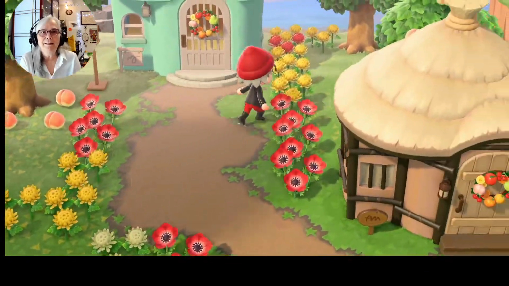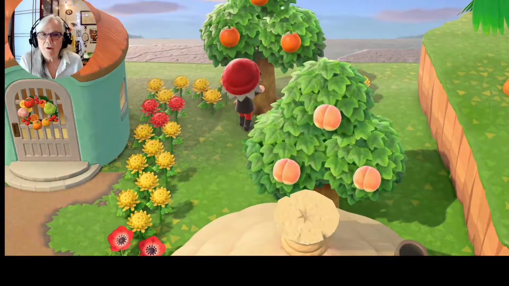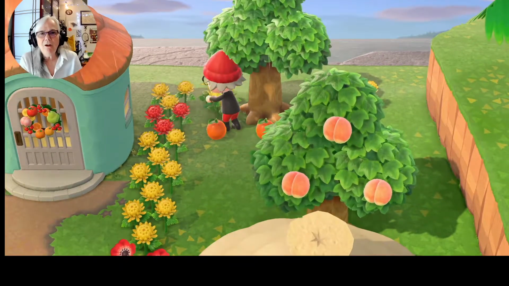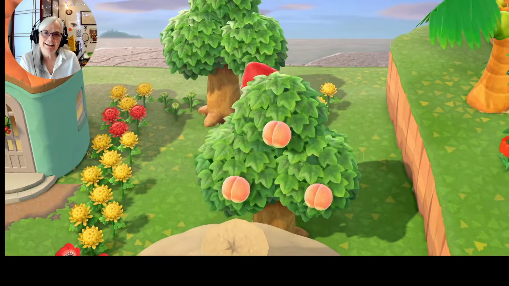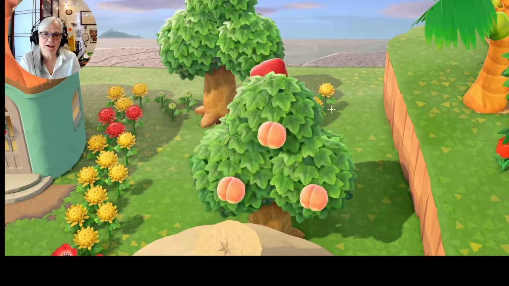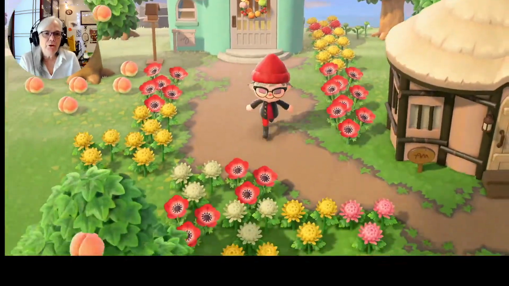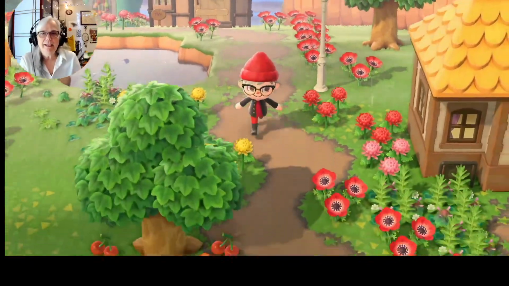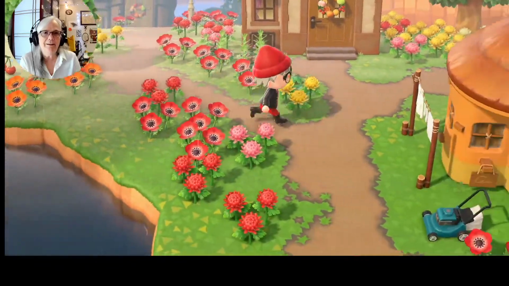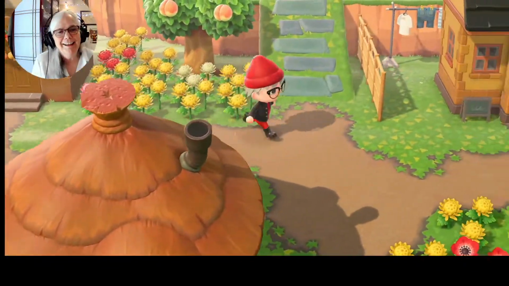Now, I think one of my streams, maybe tomorrow, is going to be all about the back side of things on Animal Crossing, and how you can use the other side of items to look like something.